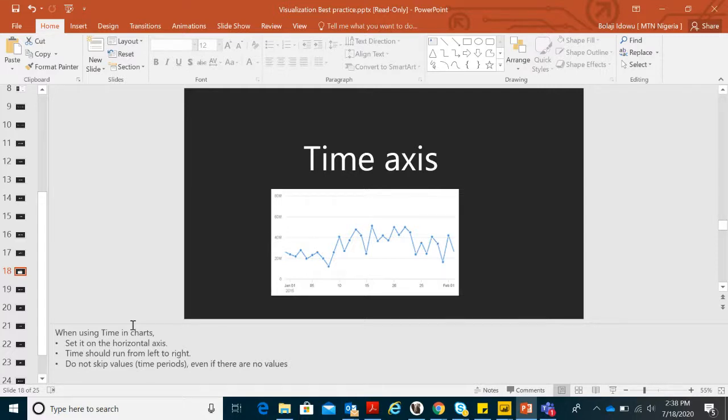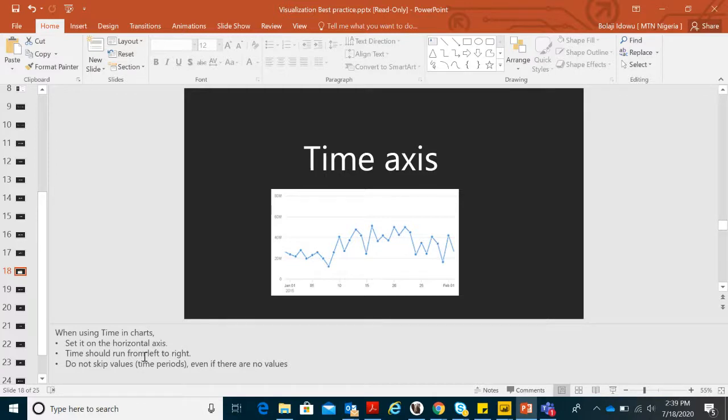You can't say, okay, I don't really have anything happening in the first year, so you just take it off totally and start from year 2. And then when somebody's asking, where is year 1? You say, no, there's nothing happening in year 1. But always ensure you start from the first. It should run from left to right and not the other way around, so that it can slope outward from left to right. Because if you take your year from right to left, and it is coming into your margin, which is your zero axis, if you still have other parts to present, it gives you a lot of issues. So always ensure that when you're creating your time axis on the chart, it runs from left to right